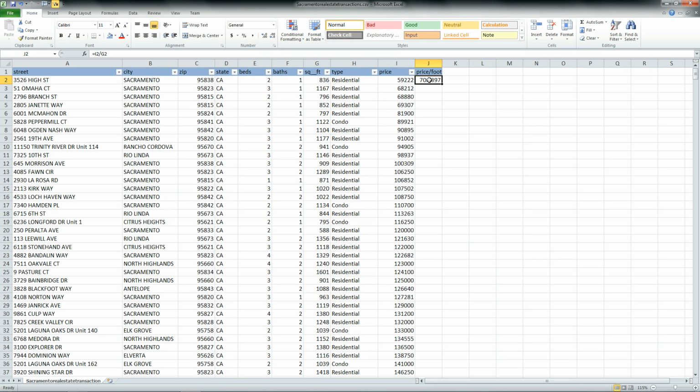Now if we click that cell, we notice that it's up in the formula bar as well. There's a formula bar where you can enter your equations and make any changes if you want to. If you click in here, notice how it highlights the I2 in blue, which is the cell, and the G2 in green. And you can simply take these little identifiers, or whatever you want to call them, these little boxes, and drag them around to a different cell. Now I know that doesn't make a whole lot of sense, but it's the point on how to manipulate your formulas once you get them entered in.